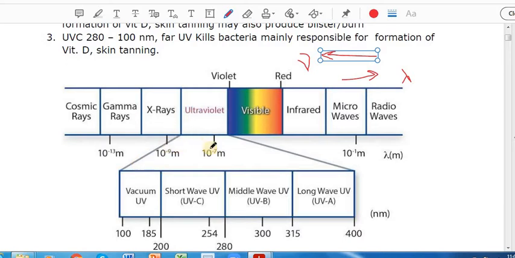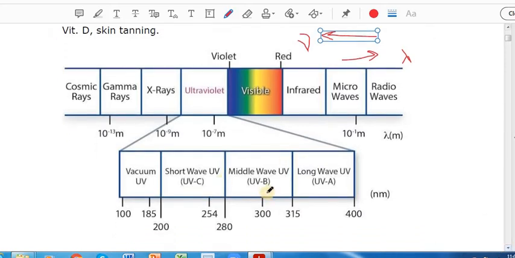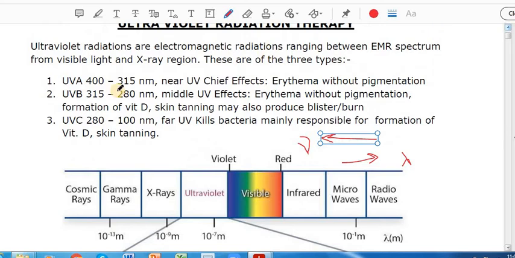Then if we expand it further, this band for convenience is further expanded, and you have 3-4 types of ultraviolet radiations depending upon their wavelengths. We have divided them. So UVA is the longest one, as you can see in terms of wavelength, and their chief effects are erythema, but they do not give you much of pigmentation. So the skin will not darken with these radiations. However, you will get skin reddening by this kind of ultraviolet radiation, that is A type. So this is 315 nanometer around.